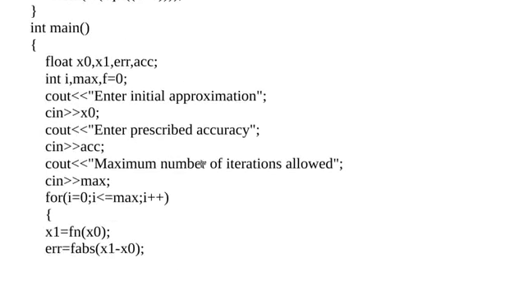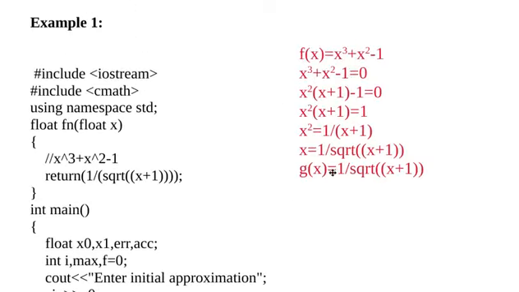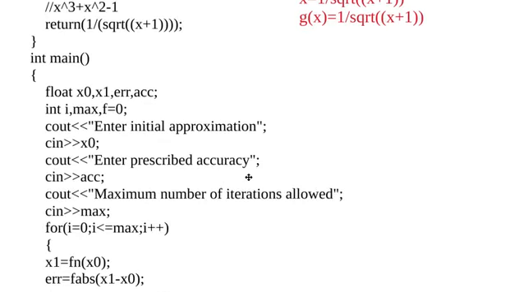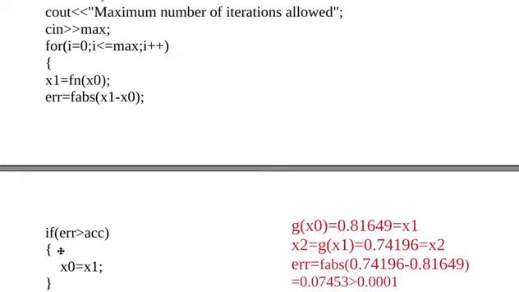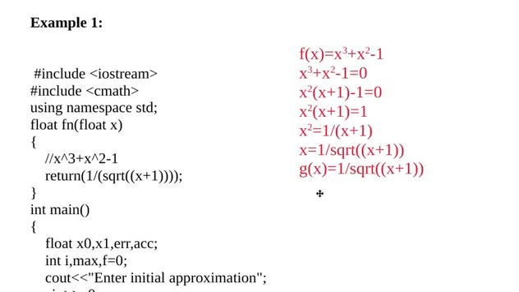In the C++ program, the initial approximation, that is the value of x0, we enter directly, and each time we put the value of x0 in our equation g of x, find the value of g of x, and check whether it has reached our accuracy level. If it doesn't reach the accuracy level, we exchange the current x0 with the previous x value, and again find the function g of x0. This is what we will be doing in the entire program. Let's see step by step.